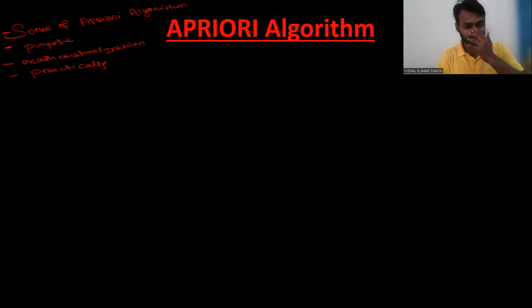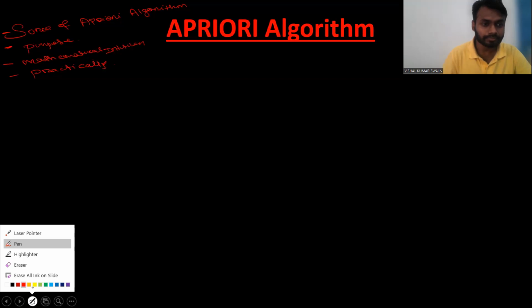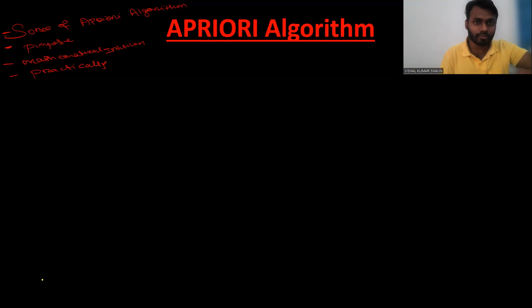So let's start with the topic. First of all, we'll understand what is the source of the Apriori algorithm, meaning from where we get that name, the Apriori algorithm. I think you already know machine learning. If you are learning the Apriori algorithm, it means you have some idea related to machine learning, right? So here, this Apriori algorithm comes from machine learning only. Okay, so you can say if you are learning DMW, that topic is in that book. So let us understand from where the algorithm came.